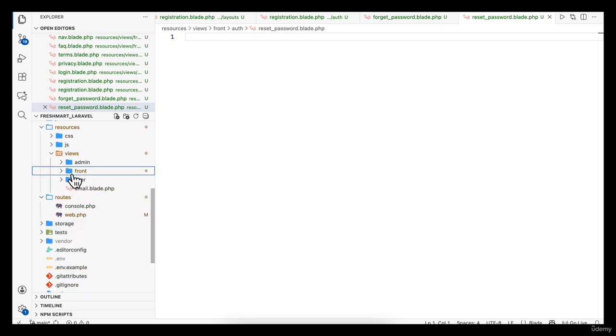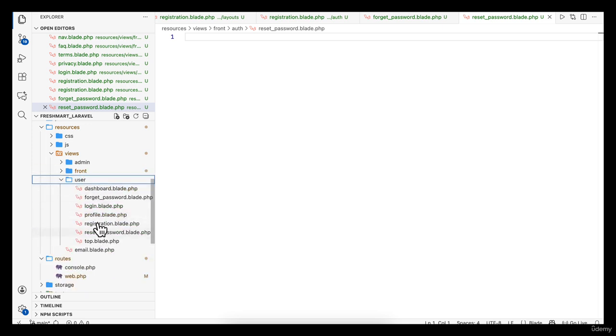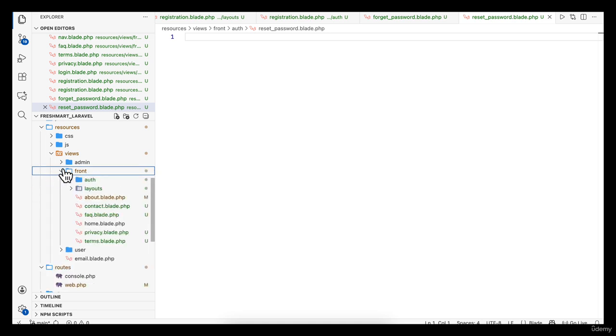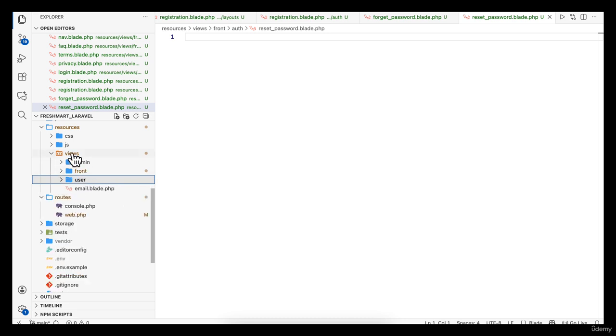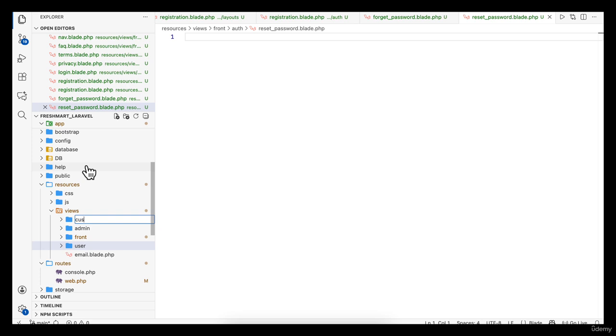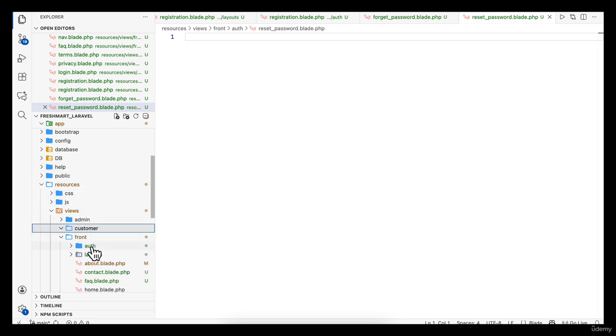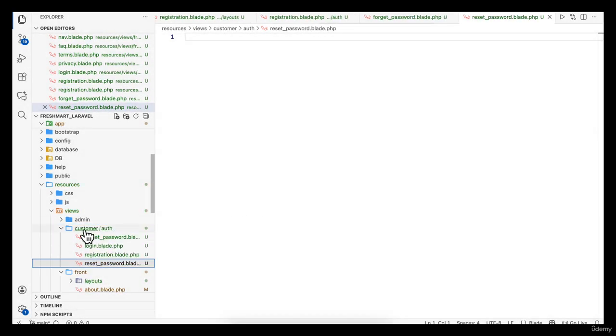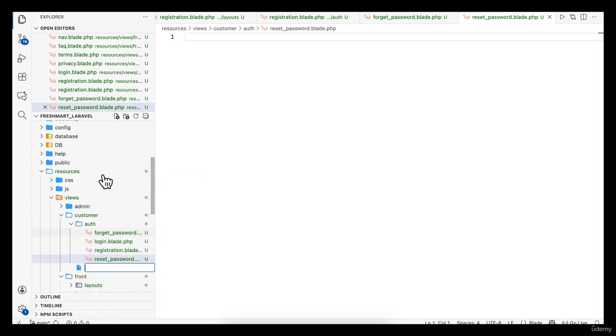And if you want to have another one, you see, for the user, the information is here. So similarly, if you want that, you will create, so that is also possible. Instead of user, you can create in that case, that is, I'm not going to touch the user for now. I can create into the view, that is the customer. So customer can be another one. And this auth folder you can push into the customer. And in the customer there are some other folders for them, that is the customer dashboard